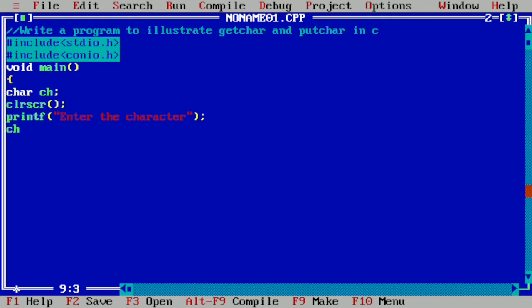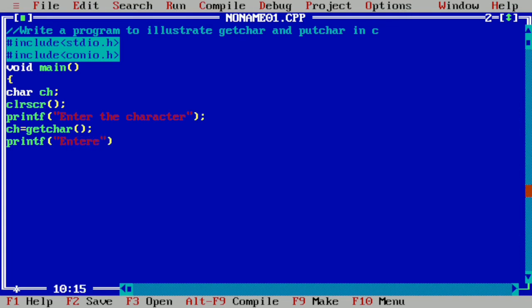Now the variable ch is assigned the value received by the getchar function from the user through the keyboard. So whatever getchar receives initializes the ch variable of type character. Now put semicolon.